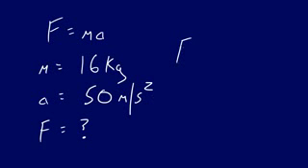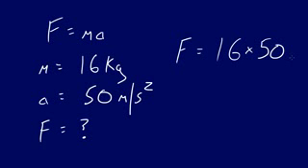Since force is measured in newtons, we need kilograms and meters per second squared. We already have that. The only thing we need to do is take the mass, which is 16, and we don't even need the units because we know we're going to come up with newtons. So just take 16 kilograms and multiply it by 50 meters per second squared, and when we do, we end up with a force of 800